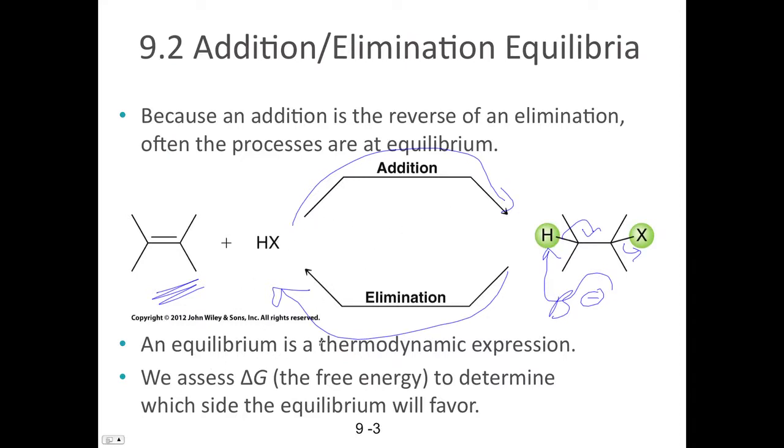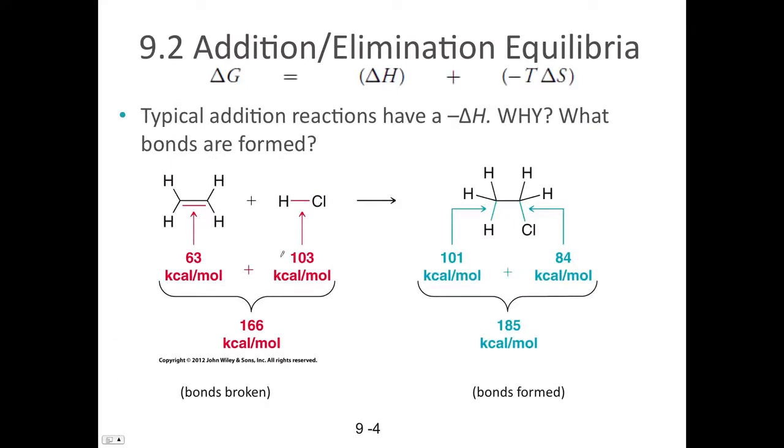And so this is a thermodynamic expression. We can assess the delta G, the free energy of the system, and be able to determine which side we can favor. We can actually manipulate the system so we can give us the exact product that we want. Okay, so